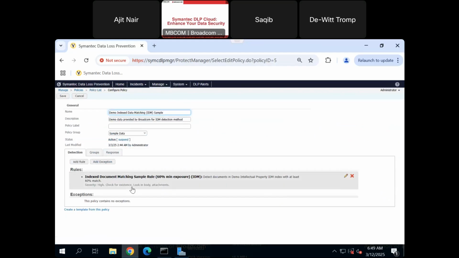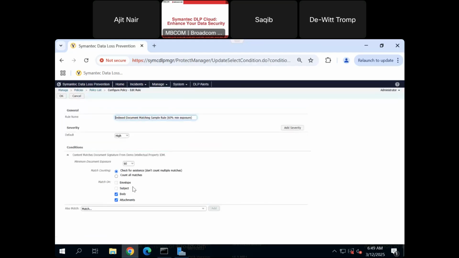So this is an IDM based policy, and in this policy, what I've done over here is I've created a minimum document exposure at 60%. This is something that we recommend. So for those who don't know what this document exposure does, let's say you have a 5-page document and you want to detect on, let's say, 60% of the document. So as an example, if the user tries to print or send or exfiltrate data